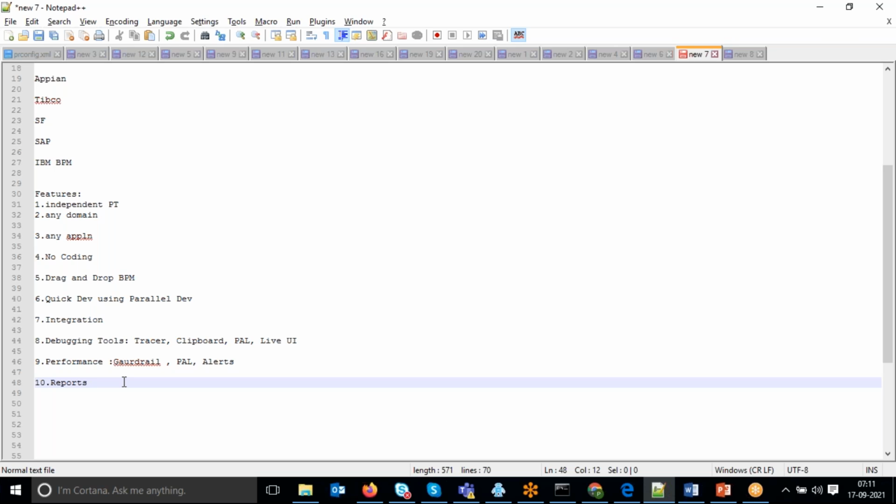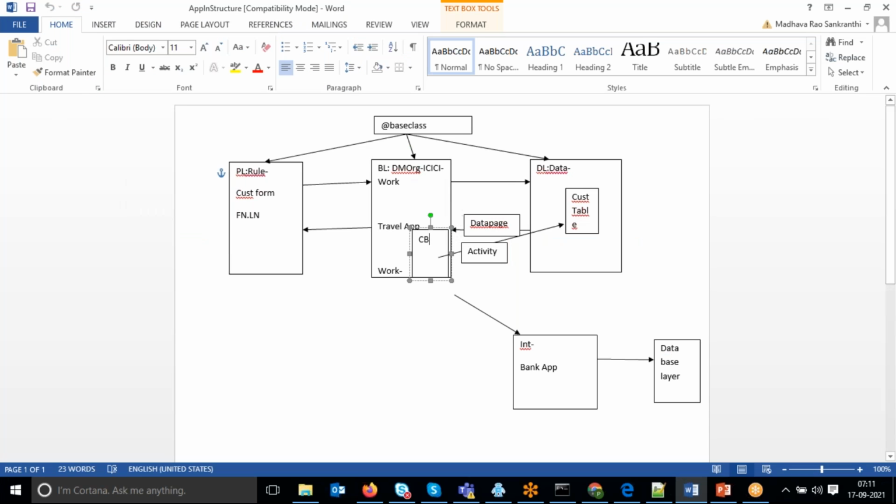So a report, finally, if you see the document, is holding some data. Correct? The data will be inside the database layer. So you need to bring it from the database layer to the business logic layer. Once you bring it, you need to write some database query language. After that, we need to put it in the document. We need to write some logic to convert it to PDF format, Excel format.